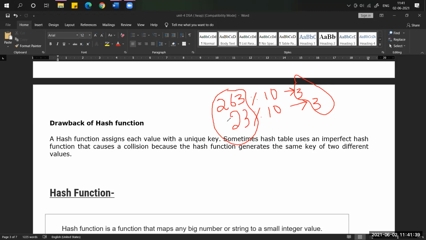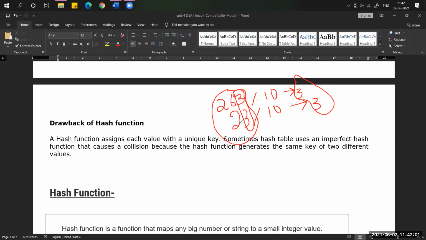This is the drawback actually. Even if we take two different items, if the last digit at the unit place is the same, then it is a drawback. Why? Because if you perform the modulus operation, we get the last digit as the index number, right?